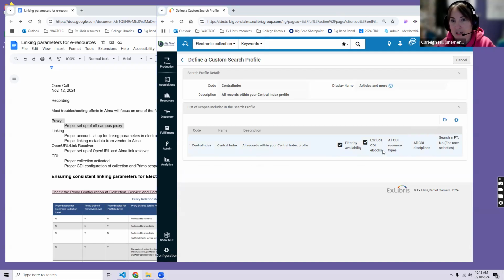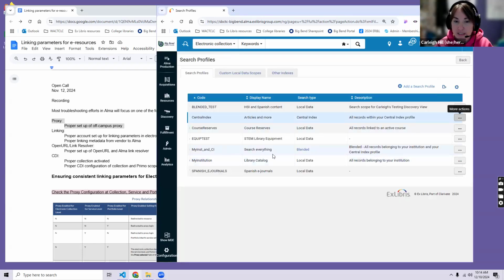That was their attempt at fixing electronic collections being active for CDI, but ebooks getting wildly duplicated because there were book chapters and full books and partial records and so on. So if you set both your central index and the combined